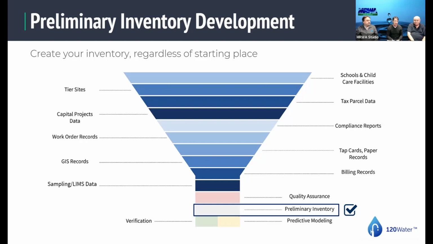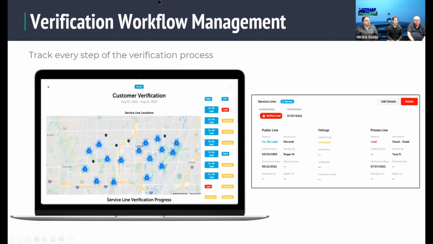And when we're talking about this, it was covered really well by Howard, and it was covered by Diamond Maps yesterday, but the whole visualization process of this is important. So with our system, even if you don't have a GIS, we're going to act like a GIS, be able to give you heat maps on where you need to look to eliminate your unknowns. In our system, blue would be safe, red would be bad, and yellow would be unknowns. And this is what would be produced on a preliminary inventory. We would advise you on how to go about eliminating the unknowns, whether it be customer surveys, or popping the lids and checking there if you can, if you didn't stub out.